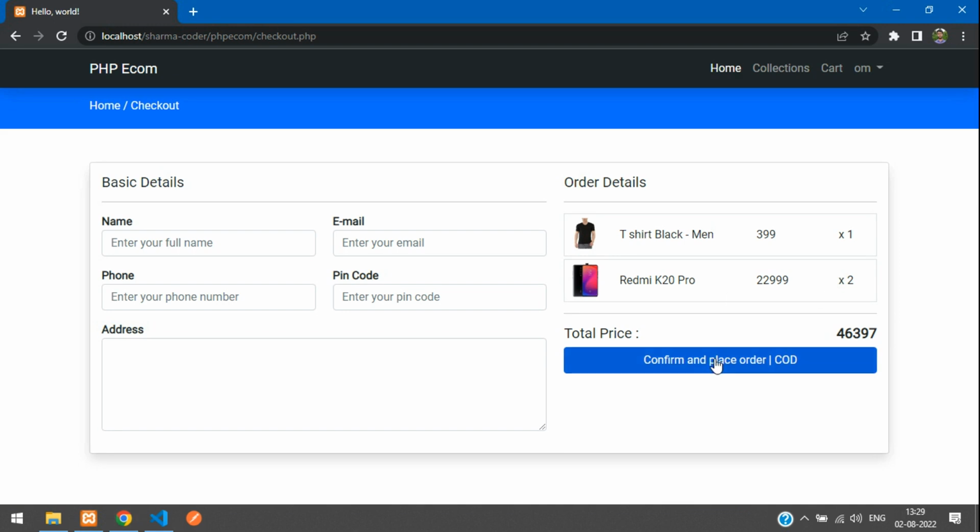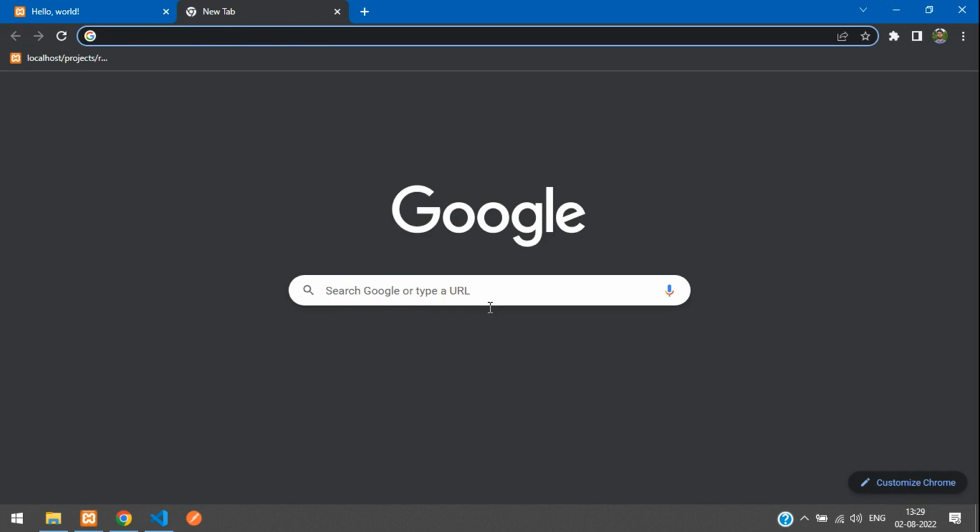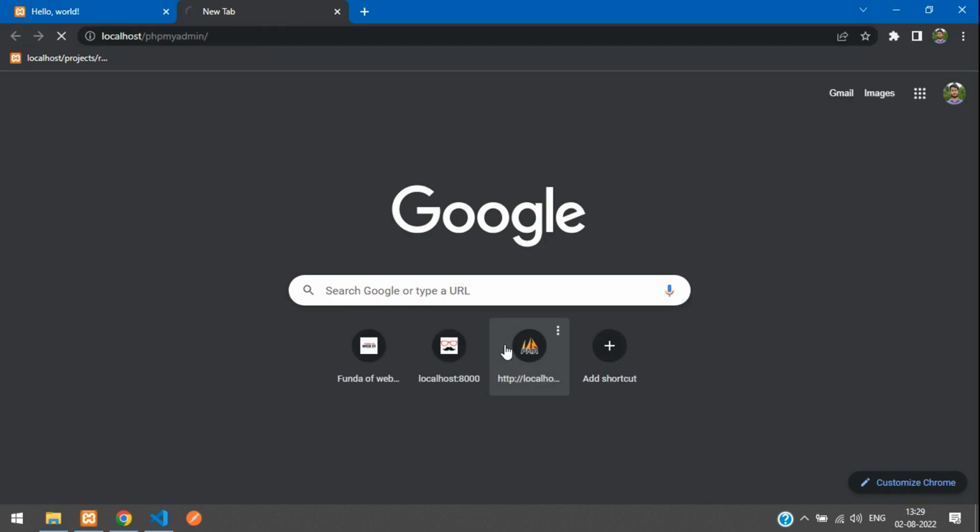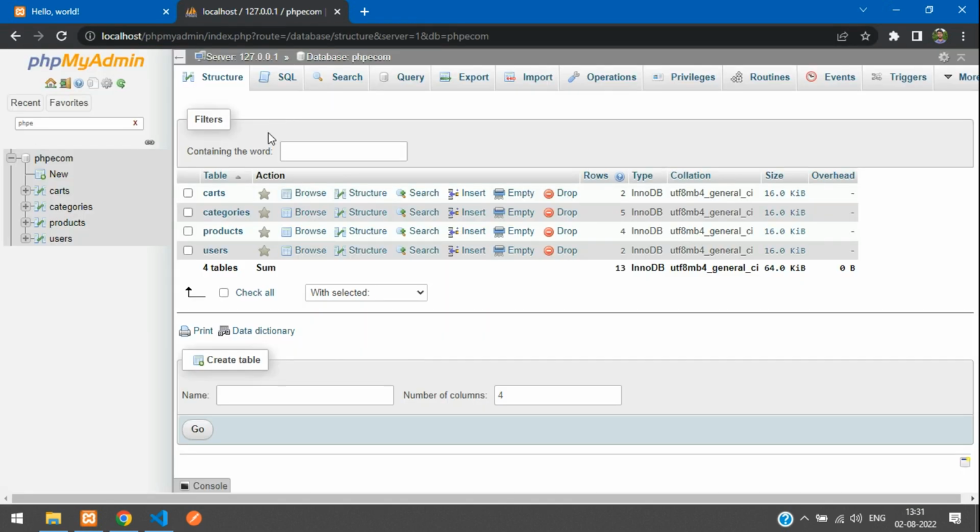So now when we press this button, our order has to be stored in our database with these details and the cart items with the quantity and everything. So for that we need to create a table in our database. Let me open my database over here. So here's my database. We need to create a table called orders and another table called order items